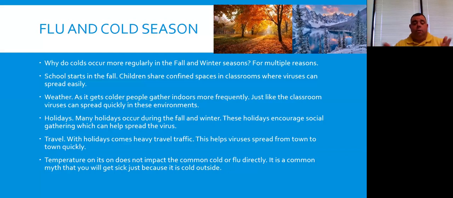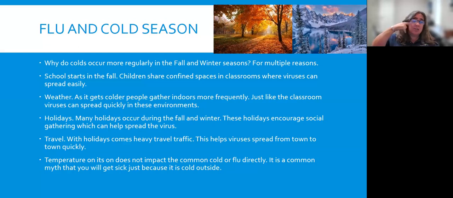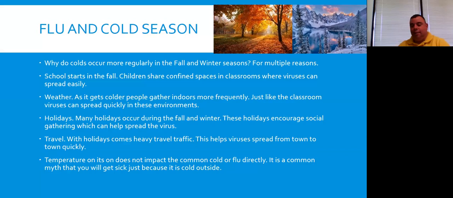Okay. Other things like you have school sports. So let's say we're playing basketball, and if one of the players is sick or getting sick, now they're touching the basketball. And what do they do with the basketball? You're going to pass it to somebody else. Or touch their eyes, or touch the nose, or touch the face. Right. Exactly. And now that person's going to be sick. So that's how it spreads so quickly in schools. Okay. So be aware of that, especially if you have children, that just typically happens during the fall because your immune system is not really adjusted to those new viruses that are around, and it's a little bit easier to get sick.